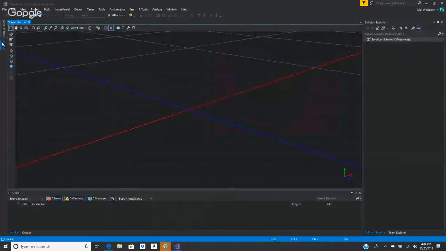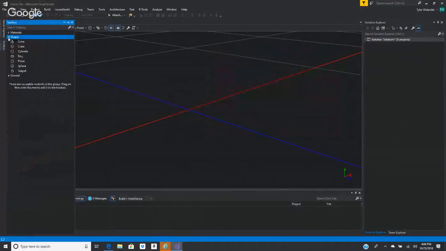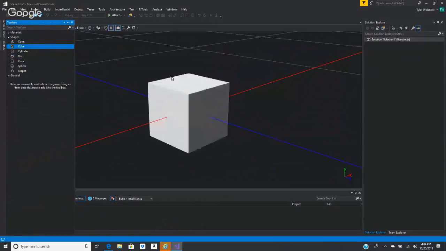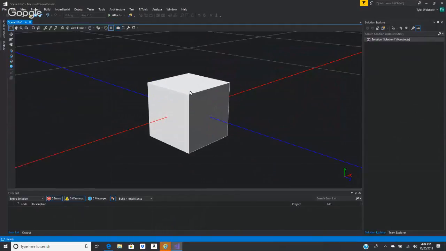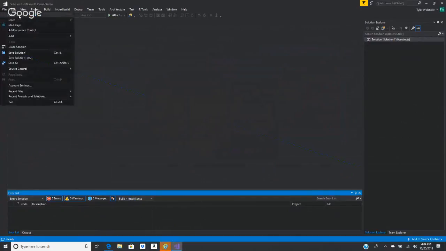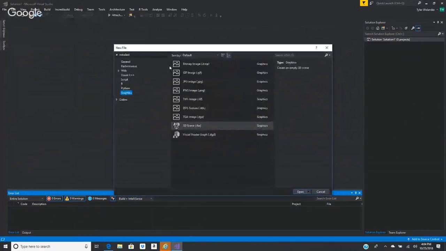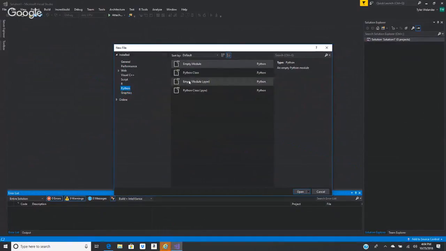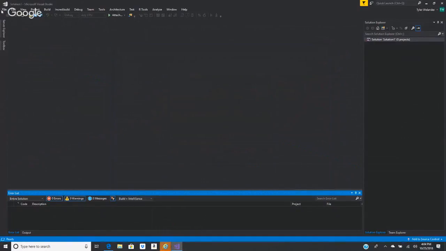So in here, you can go in and add different shapes. You can just do basic edits to it. I'm not sure how to use it. I don't play around with it too much. So we're going to close that. And yeah, you can make shaders to use in Unreal or Unity here, different images. I am going to show you